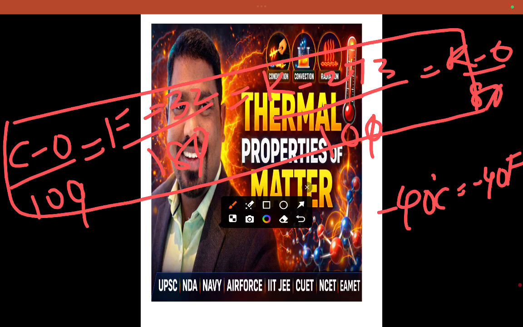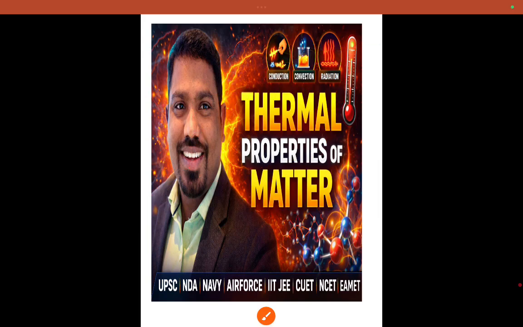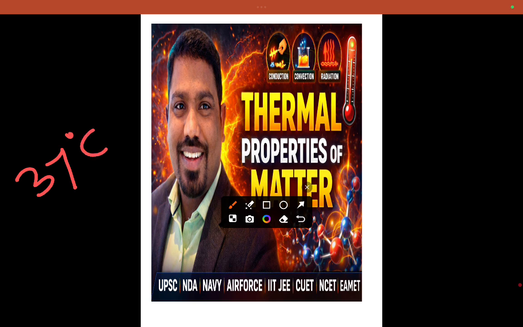That means the Celsius scale and the Fahrenheit scale will be equal at minus 40. Similarly, the healthy human body temperature is 37 degrees Celsius, as we know very well,